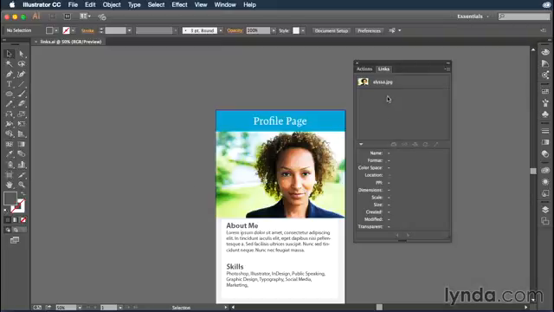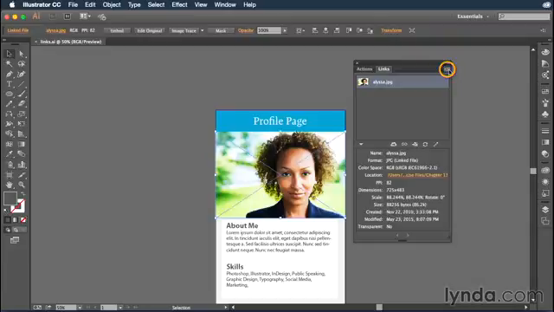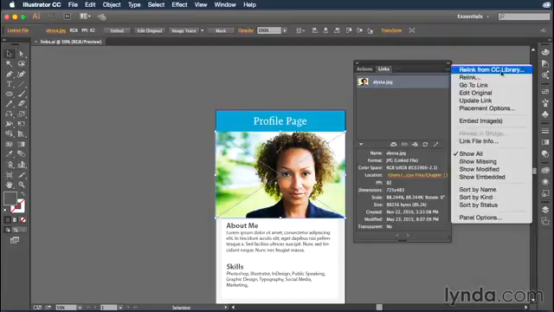As you continue to add links to your links panel, they will show up here and you'll be able to manage them much the same way that you do in other applications like Adobe InDesign. You will also be able to use this Links panel drop-down menu, which allows you to relink from CC Libraries, relink, go to link, edit original, basically all of the different buttons that you have down here spelled out in text form. You can also bring up the linked file info, and you can sort your links so you can show all, show missing, show modified, show embedded, and you can sort by name, kind, status, and you can access